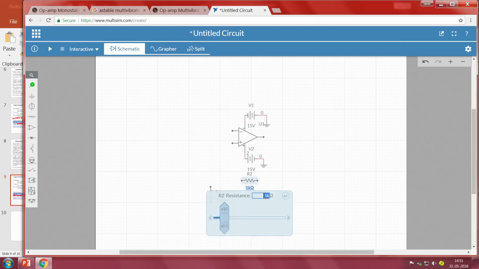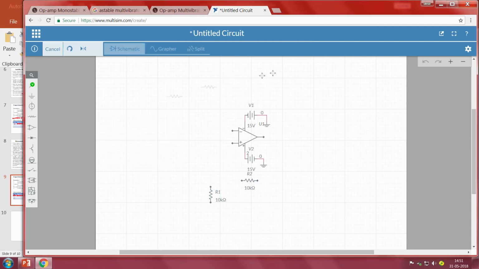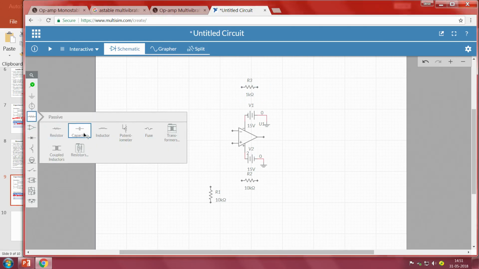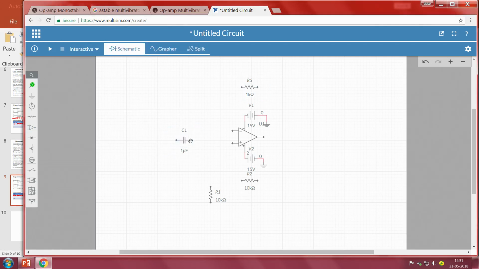There will not be much difference whether you take 10 kilo or 1 kilo, because as long as the beta remains the same for the chosen resistor values, the system works in a similar way. And we require a negative feedback with a 1 kilo resistor, which decides the charging rate of our capacitor. We also require a capacitor. Without a capacitor, this monostable cannot work, because when to switch on and when to switch off depends upon the charging and discharging rate of the capacitor. And we also need a diode, so I will go with a diode, connected in this fashion.